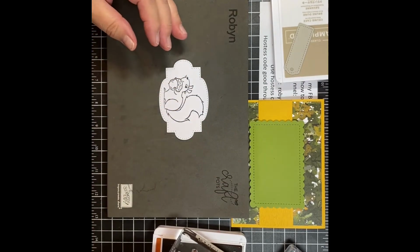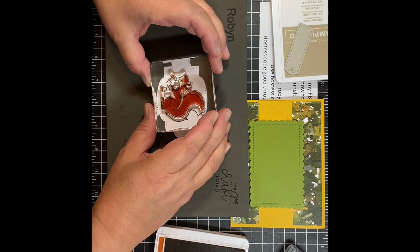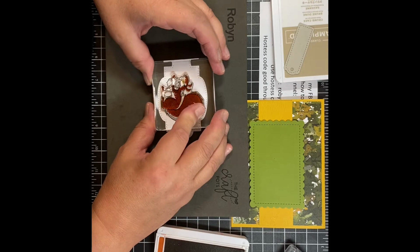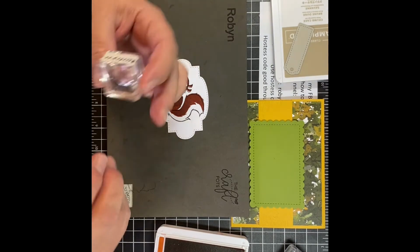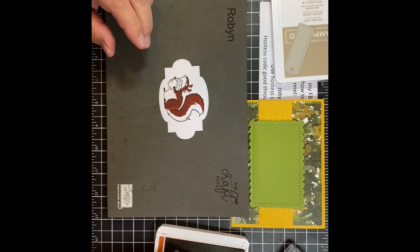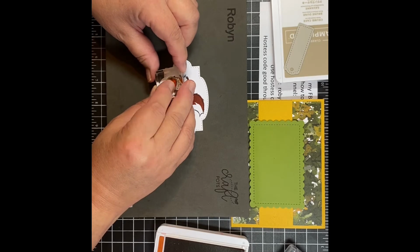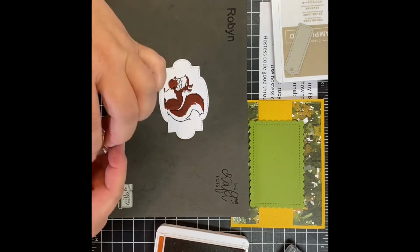Super sweet and simple. And again, I'm lining up the tail and the ears, and then I should hit right on. Perfect. Okay. And then let's do our acorn. And again, I know it's really hard to see in the video, but you can see on your stamp, it looks like a little paw almost. So we're just going to line that up with our acorn. There you go. That's a little dark, but it's okay. And then we're going to take the top of the acorn